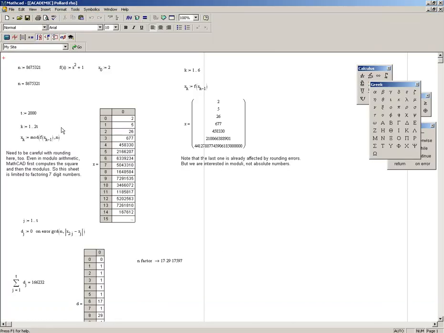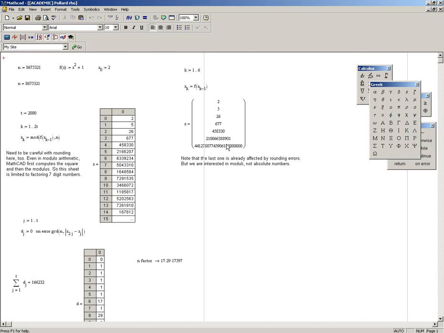For example, here I have a number, 8675321. It's close to my favorite prime number, 8675309. I'm saying f(x) = x squared plus 1, and I'm using x_0 = 2 as the seed for the Pollard rho method. I'm going to execute just 2,000 steps to show things here. And of course, if I now just work out by brute force x_k being f(x_{k-1}),